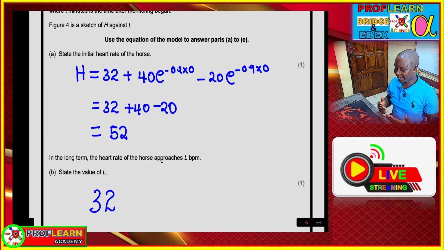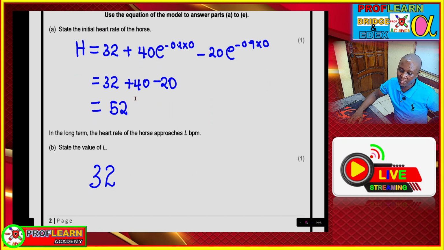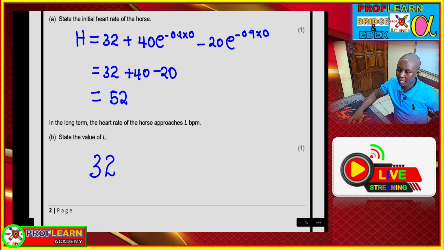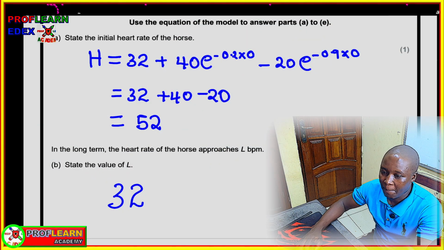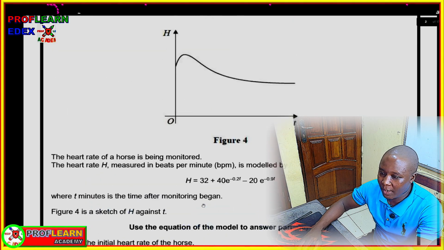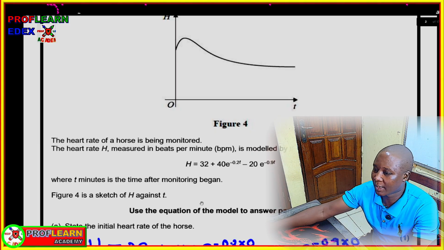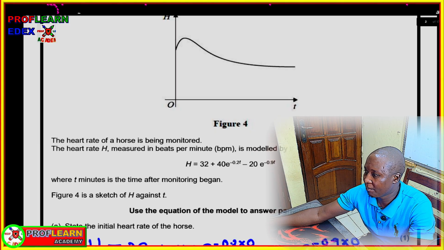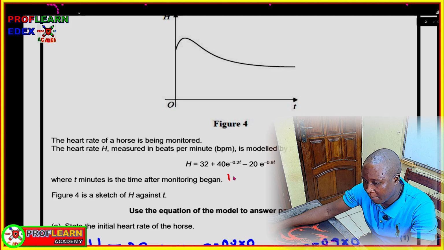Then in the long term, the heart rate of the horse approaches L. In the long term, you are supposed to state the value of L. And you can see now, based on the modeling that we have here, I've said L is going to be basically 32. How did we get there? Let me just tell you that if we look at the modeling equation that we have here, if at all it is approaching a given value, then it means that as t